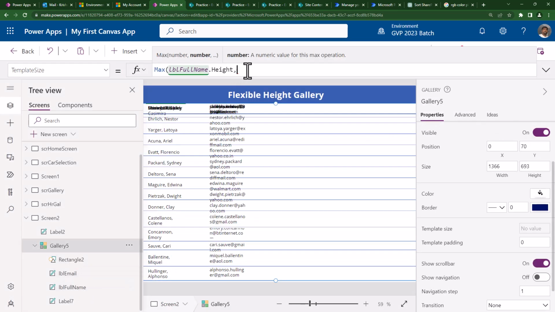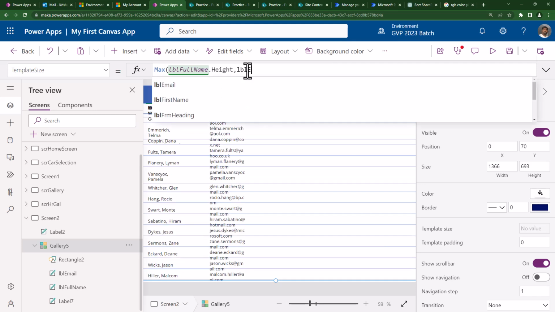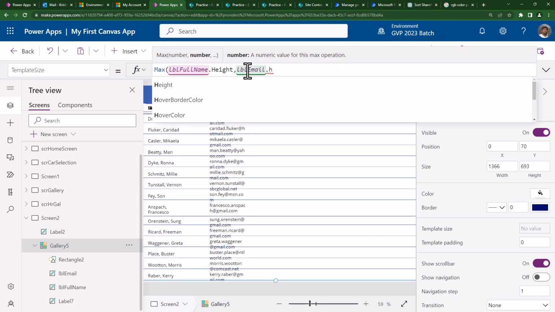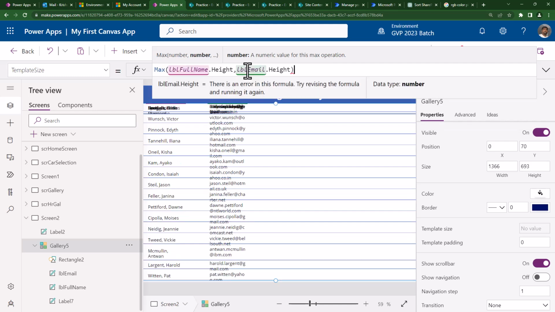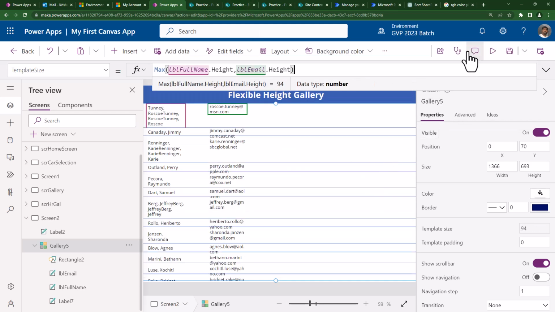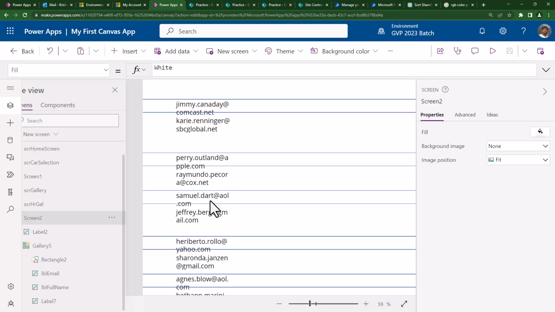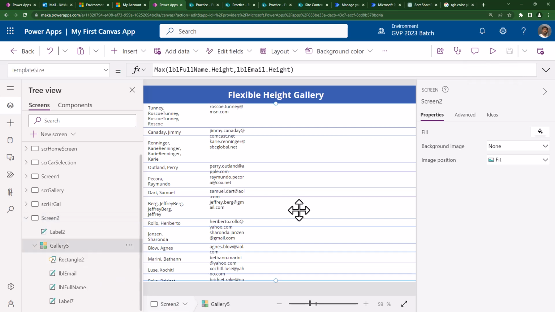Now this one I'll say LBL email dot height. Now see the beauty. When I play the app, whichever label height is more, that label height will be taken into consideration. However, when I come here,